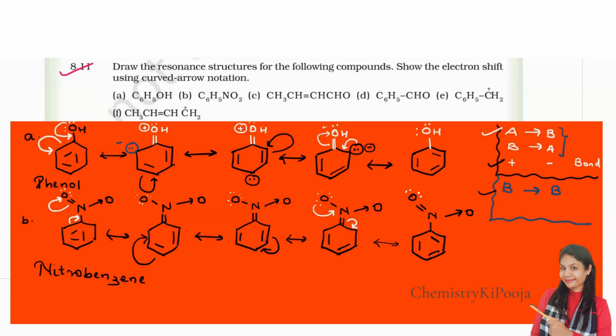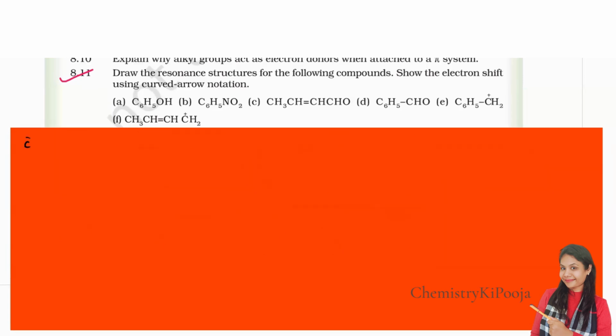Let us quickly proceed ahead. Now the next one: CH3, CH, double bond, CH, CHO. I can also write it down in this way: C double bond O and H. Clear? Now here the resonating structure is very simple. What I can do is simply this oxygen, since it has two lone pairs, I'll write down here: oxygen, and this oxygen contains two lone pairs. Already I have explained to you in the previous lecture how to calculate the lone pairs.